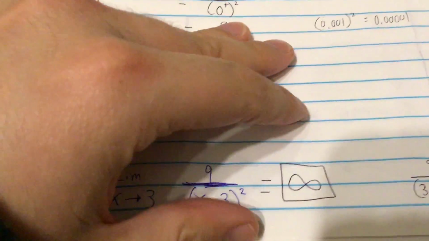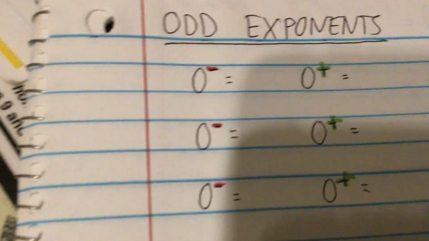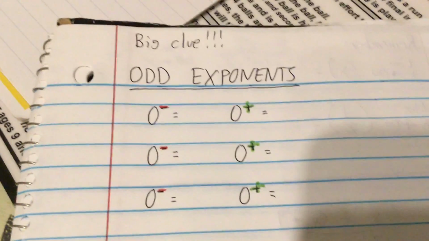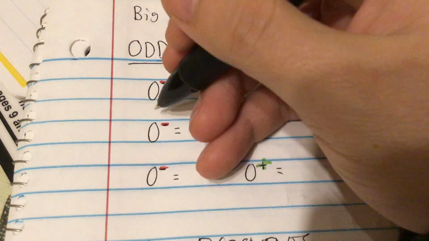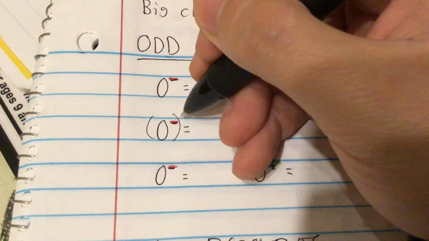Okay? So I just want to bring up, why did I go over this again, even though I did this on the previous video? Is because I want to bring some helpful hints. So the big clue to understand is if you have an odd exponent. So let's say you've got,